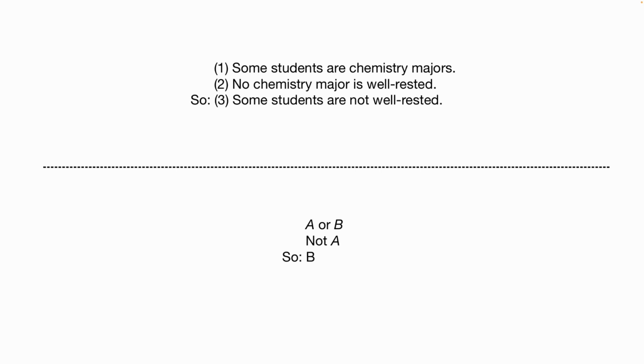Beyond examining specific concrete bits of reasoning, such as "some students are chemistry majors, no chemistry major is well rested, so some students are not well rested," we can also consider more abstract forms or patterns of reasoning, such as "A or B, not A, so B." We say that a form or pattern of reasoning is valid just in case any inference fitting that form would